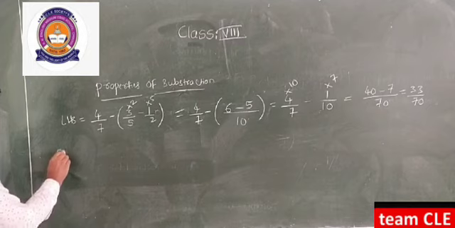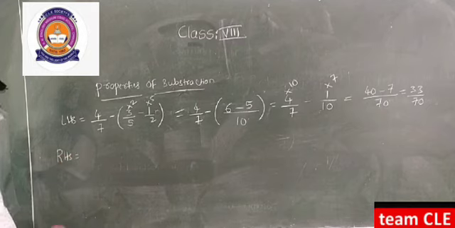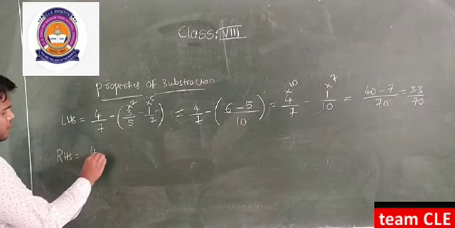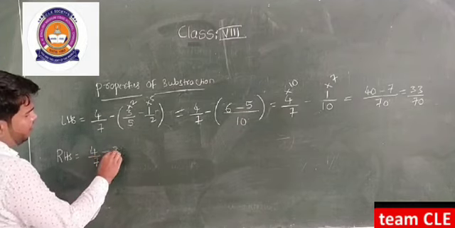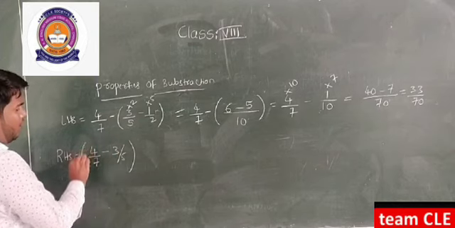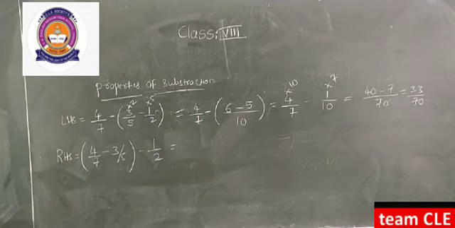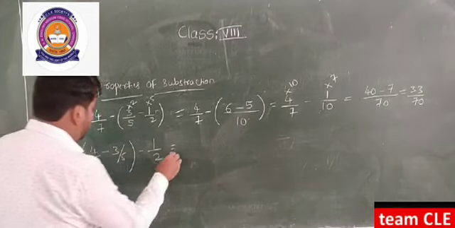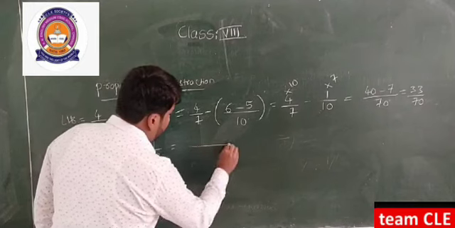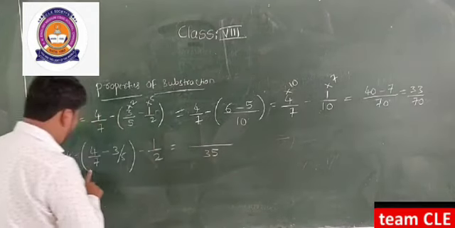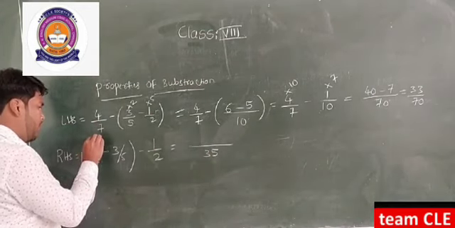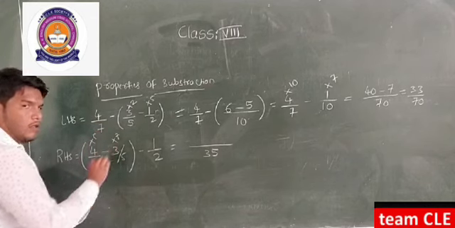Now just verify the RHS part. Write this: 4 by 7 minus of 3 by 5, minus of 1 by 2. So this you need to verify for the RHS part. Now see the RHS part, you are having 4 by 7 minus 3 by 5. First I will solve this bracket. 7 5s are 35, because both the numbers are odd. Again 7 5s are 35, 5 7s are 35.